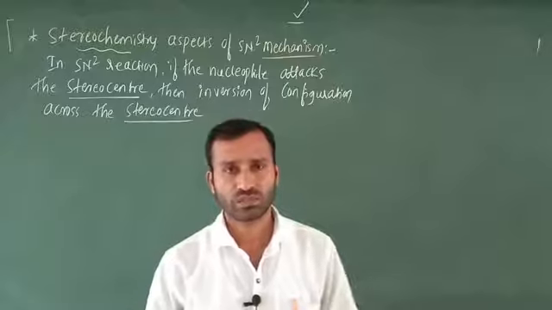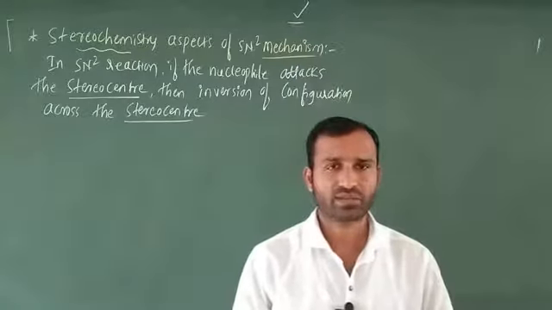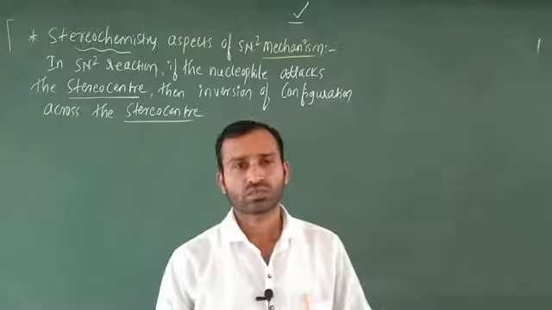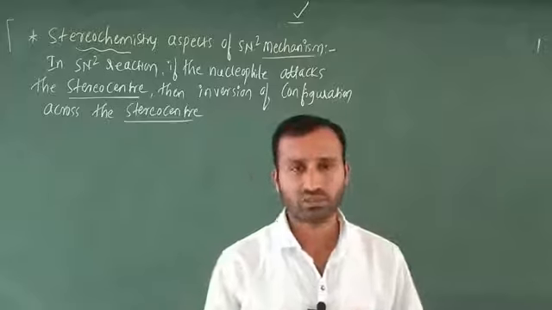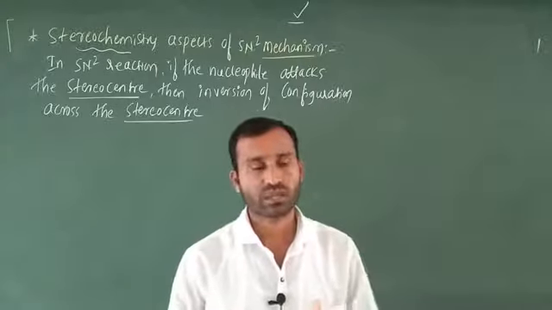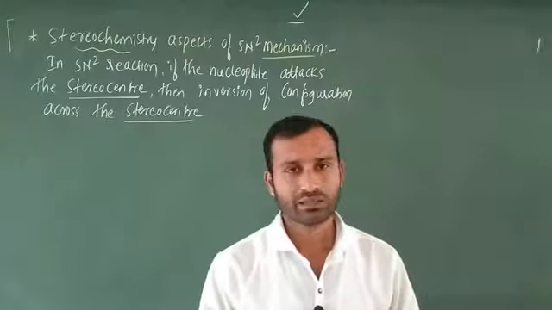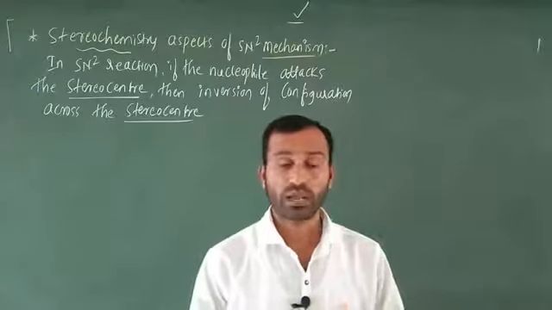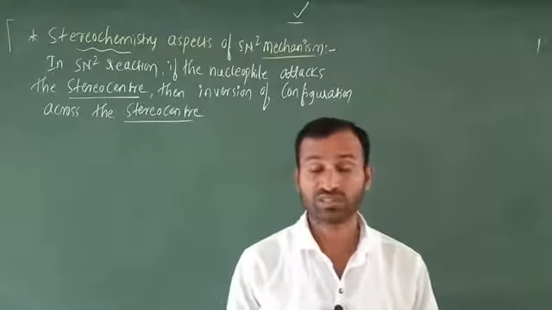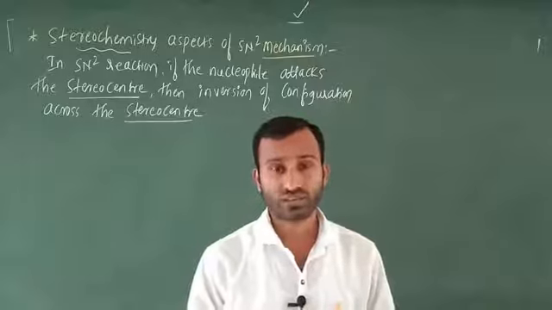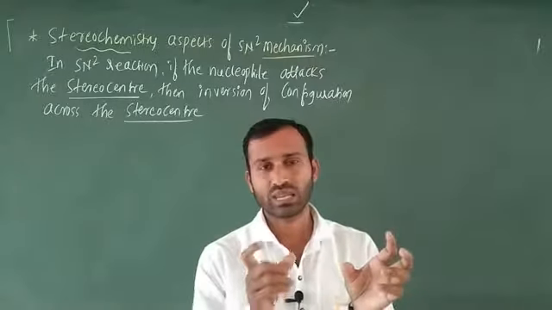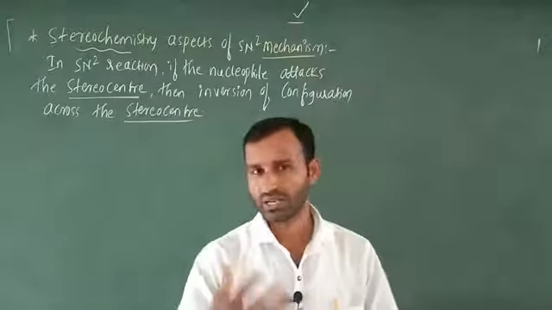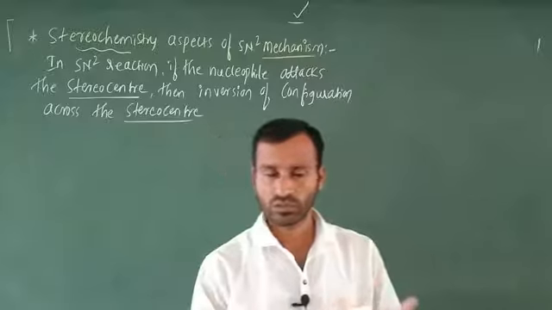As we discussed in the last class, the important point is the SN2 mechanism. You know very well that nucleophilic substitution reactions are divided into two types: one is the SN1 mechanism and the next one is the SN2 mechanism. Last class we discussed the SN2 mechanism. S means substitution, nucleophilic bimolecular reaction, which indicates that on the reactant side you are going to get two reactants: one is methyl bromide and another one is KOH. That is why in this case the order is 2. The difference between SN2 and SN1 we will study later.